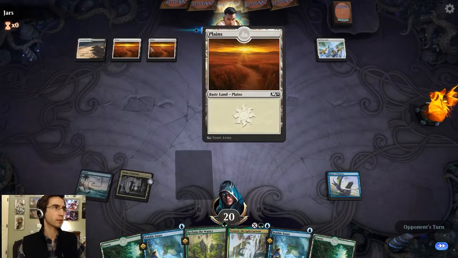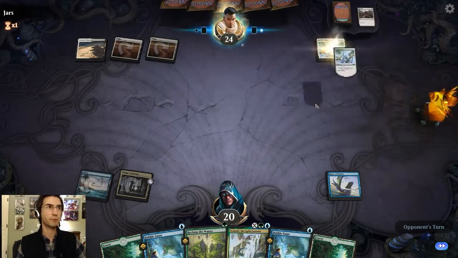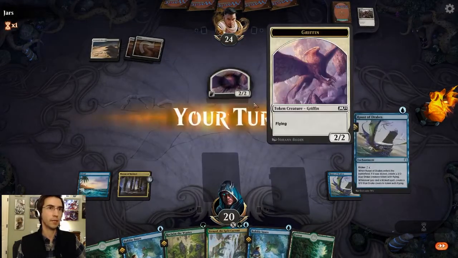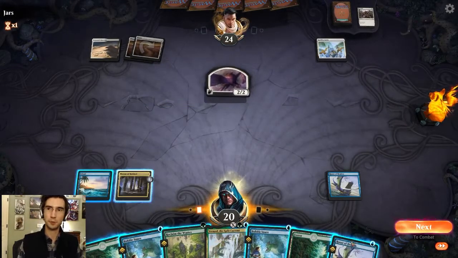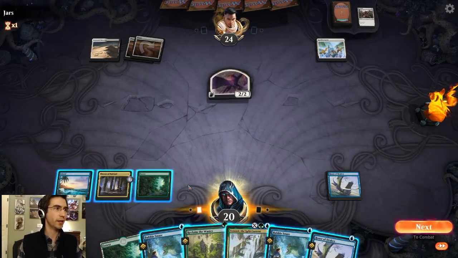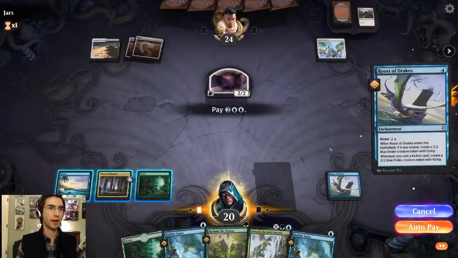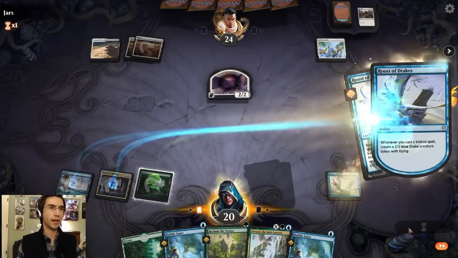A Plains. Okay, so we've got 3 mana. Gains life. Draws card. Okay. Gets creature token. Roost of Drakes. All right, we're in business. So we're going to play the forest. Now we're going to kick the Roost of Drakes. And we're going to get two